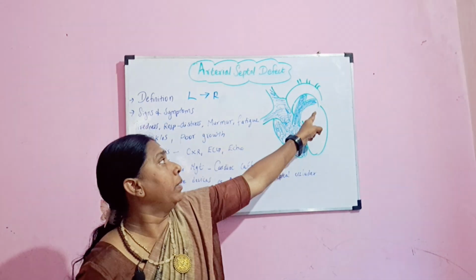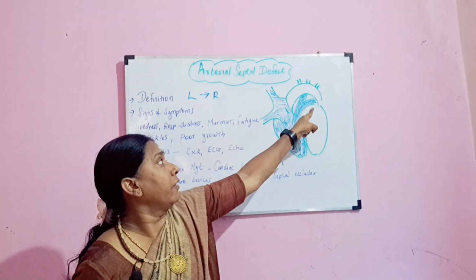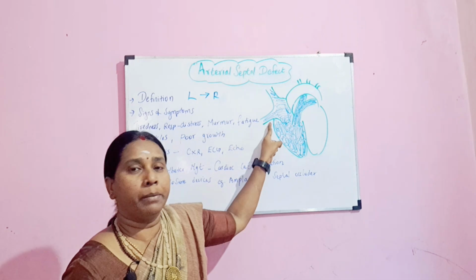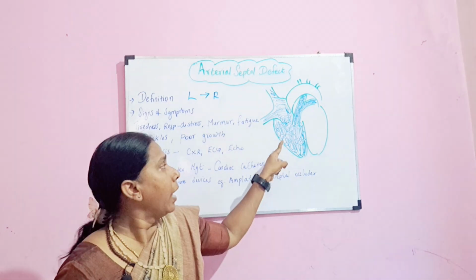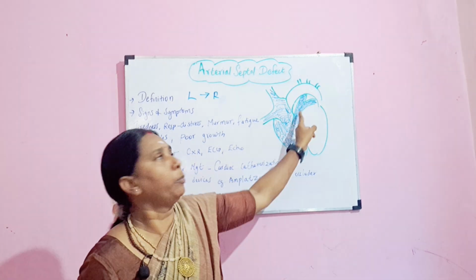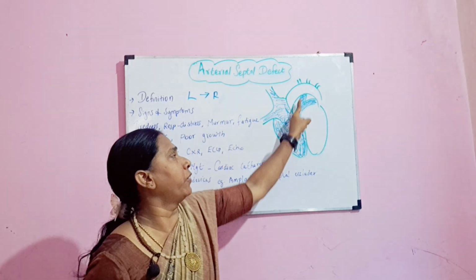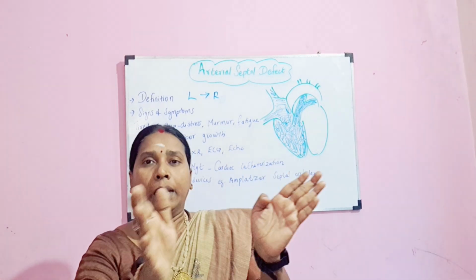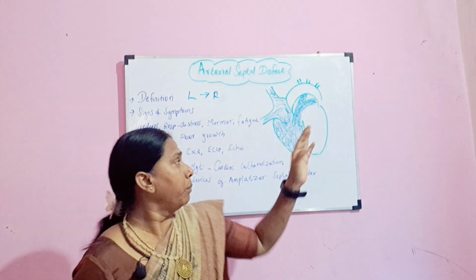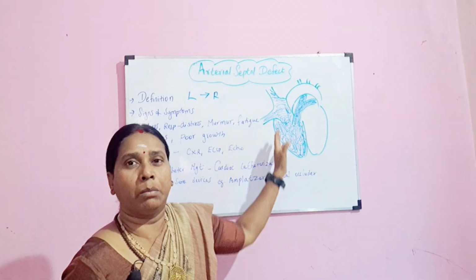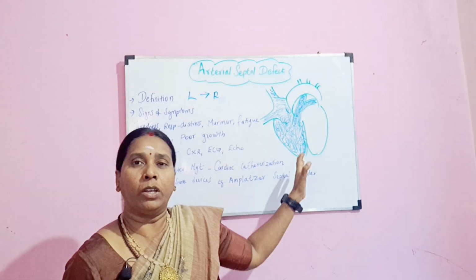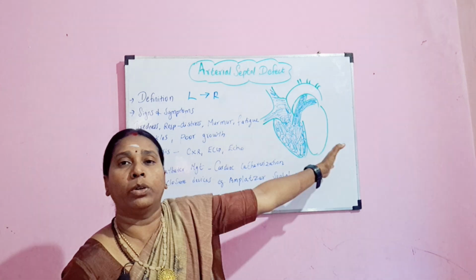So the blood which is coming from the left atrium enters the right atrium, and from the right atrium it comes to the right ventricle, and from the right ventricle it goes to the lungs for purification. Here you can see the bifurcation, to both the lungs it is going for purification. The oxygenated blood coming here mixes with the deoxygenated blood, and again it becomes deoxygenated blood, and again it goes to the lungs for purification.